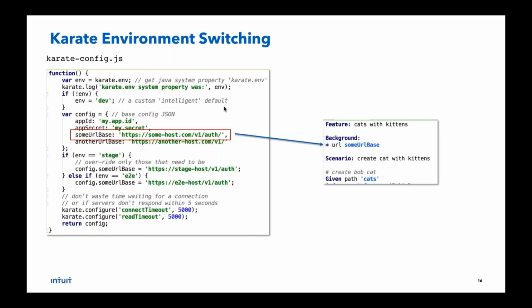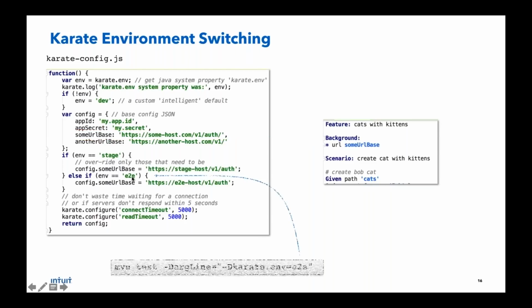So how does this work? I'll give you one example. What I've built on the slide on the right-hand side is one of the Karate example tests, just a snippet. It uses a variable called URL, and you can see the value of some URL base is injected automatically by default when Karate starts the test. Okay, with this config, the question is, how do you switch this?